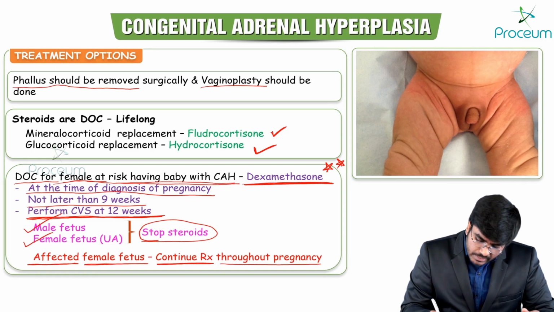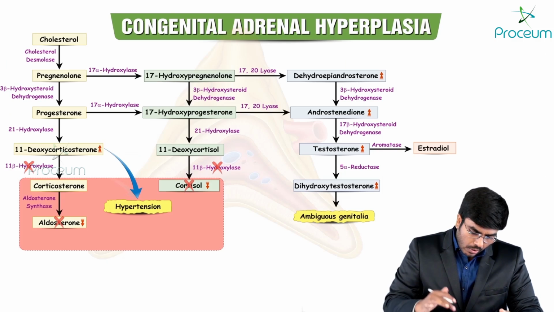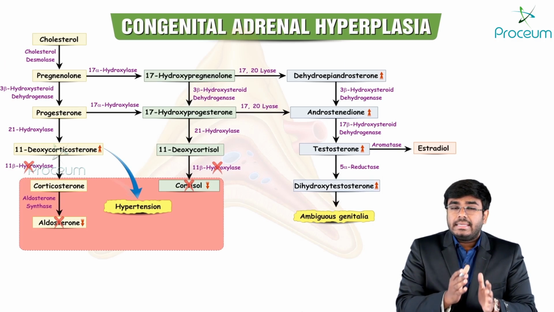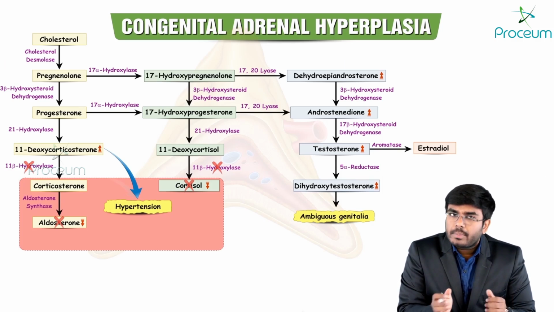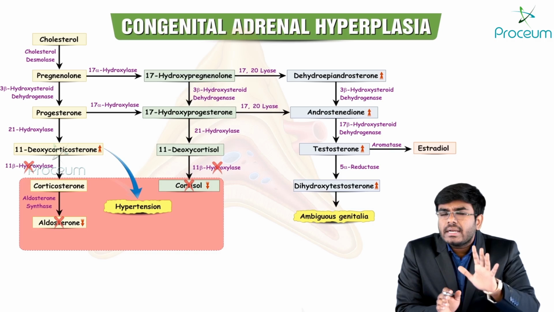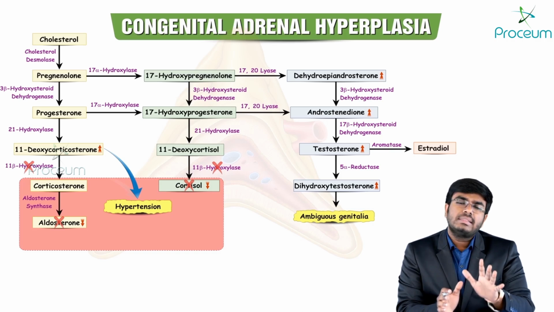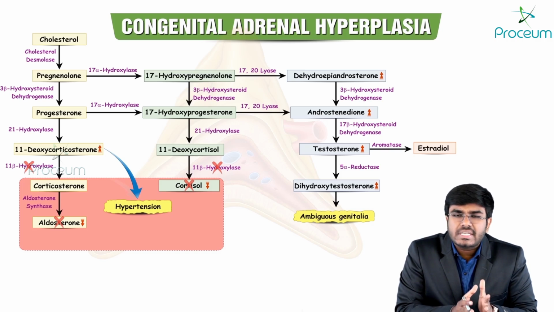Okay, and even in this image, you can clearly see that there is this clitoromegaly and the labia are slightly fused. Now, please concentrate, guys. Let's see some different variants of congenital adrenal hyperplasia. Usually, congenital adrenal hyperplasia is going to affect the females, and that female will have features of virilization, ambiguous genitalia,